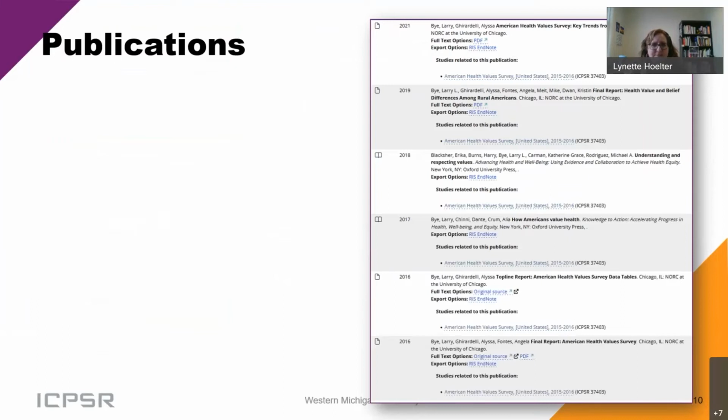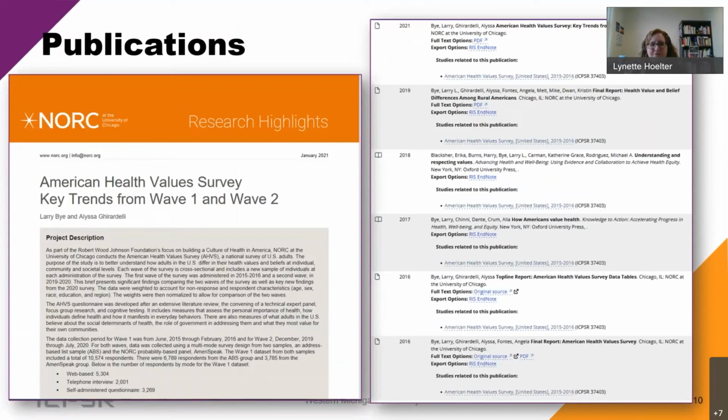Daria mentioned last week the publications tab. So in this case, there were 7 publications that were associated with these data. If there's a PDF of that document, we link that right to the citation. Otherwise, we send you to where it might be in full text, and it uses